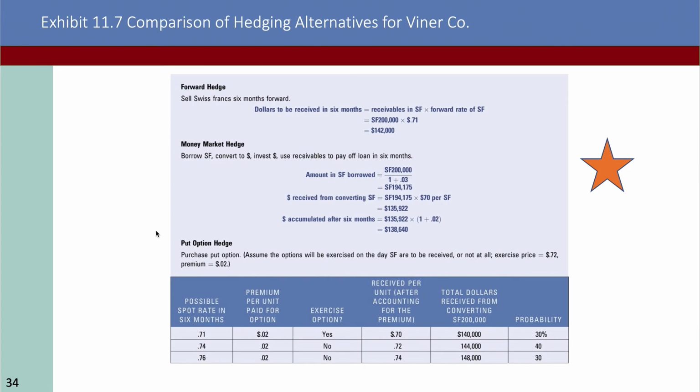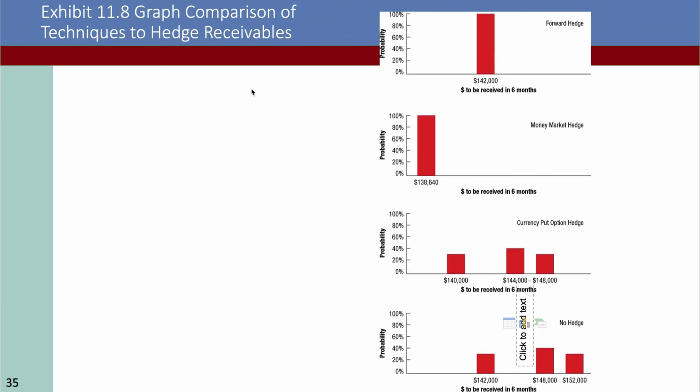Now here is a summary of all the three methods you hedge, although the put option never tells you whether that 0.02 is a good price or a bad price. This is the comparison of the techniques. The vertical line represents probability. So here's 100%, you will get your money, 142. On the other hand, the money market only gets you 138. Depending on these two,